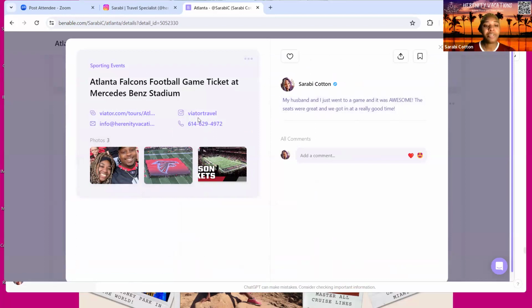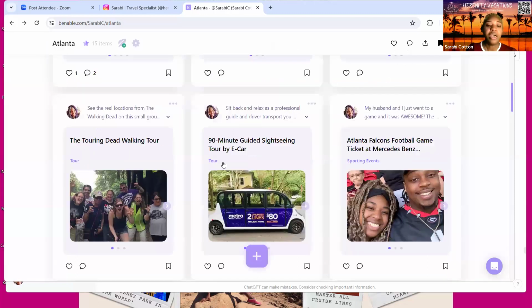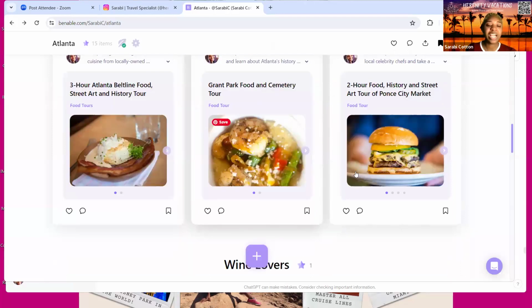And how you're able to do it too is they give you an option to add your email, your contact information. And what really optimizes your list, guys, is making authentic posts. So giving your honest opinion of what you did, how you feel about it. Those are going to be the posts that actually get seen a lot more. So we are going to go through that when we create a new one. But I did want to show you guys that here as well, so you can see how you can categorize it.